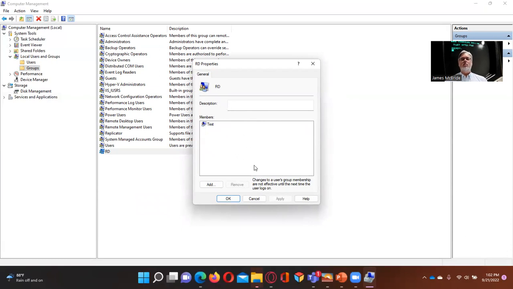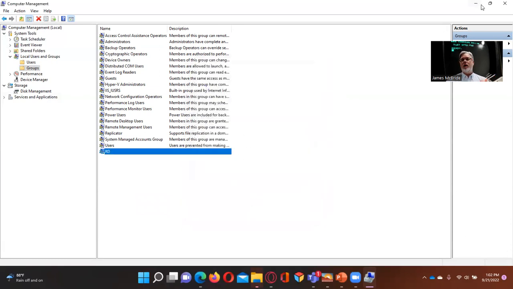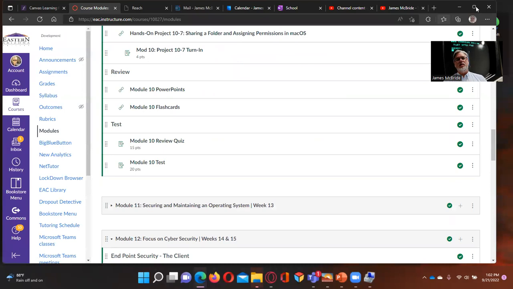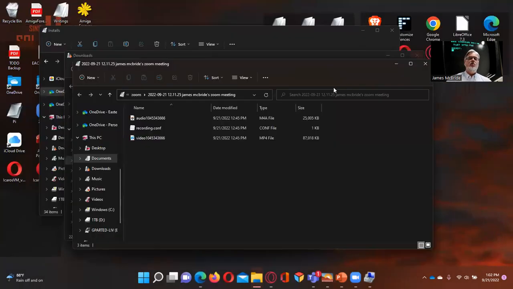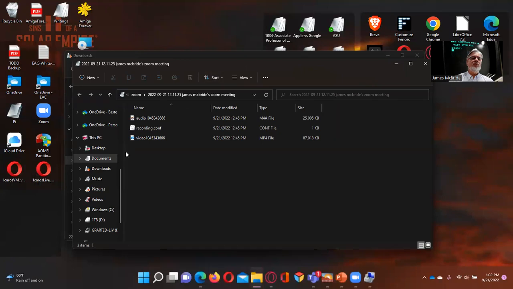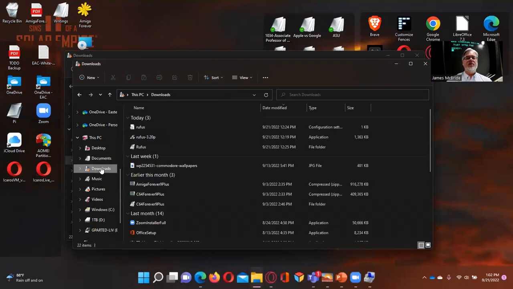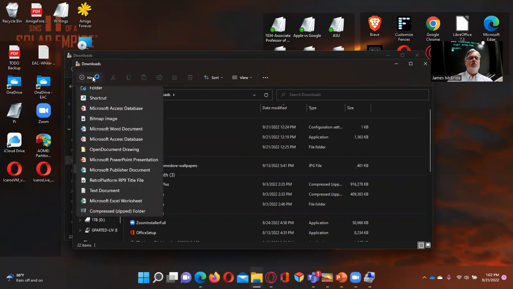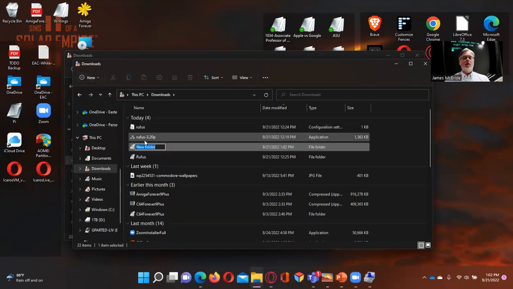And you can now say, well, on my system, I'm not going to let R&D into this folder, or I am going to let R&D in and nobody else. So if we come over here to folders, let me show you, this is the other thing that they're doing in the class in this chapter. So let me go into downloads. That's a very safe place to do this kind of work in. And I'm going to create a new folder. And I'm going to call that